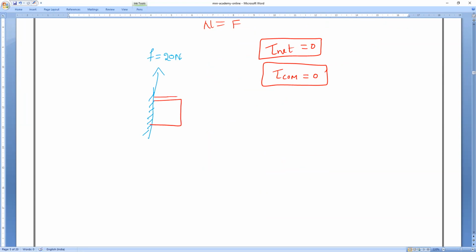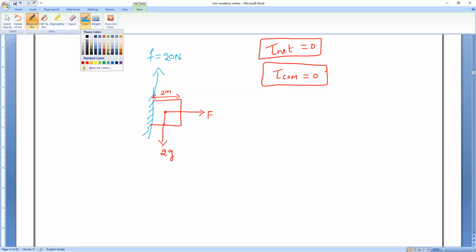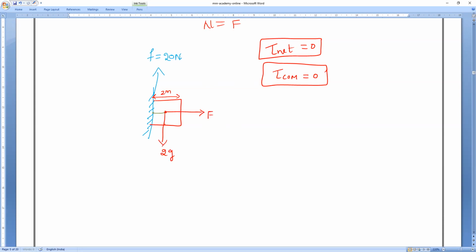And this is the object. What is the length of the object I have given? 2 meters, which means the center is exactly in the middle. The weight of the object acts downward, 2g, and the force F acts along the center. Now, how many meters away from the wall is the center of mass? That is the question. 1 meter. Understanding? Now you tell me,